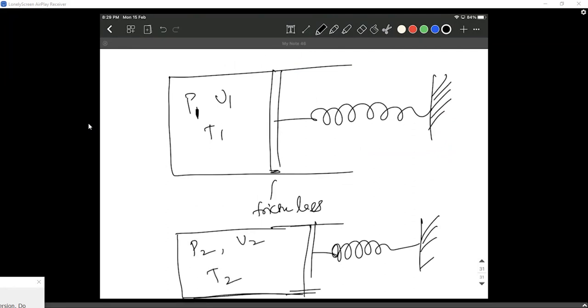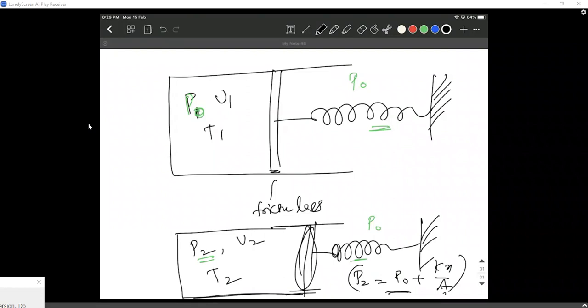There are different styles now. Initially, let's say the spring is not compressed. So here the pressure is P0, and the inside pressure also must be P0. Now in the final case, the outside pressure is P0, and the inside pressure must balance Kx also. So P2 equals P0 plus the spring force Kx by the area of the piston. You take the final pressure. All you have to do is equate the number of moles: P0 V1 by T1 equals P2 V2 by T2. There could be different styles, but all can be solved with common sense only. There is nothing strange or new in these kinds of questions.